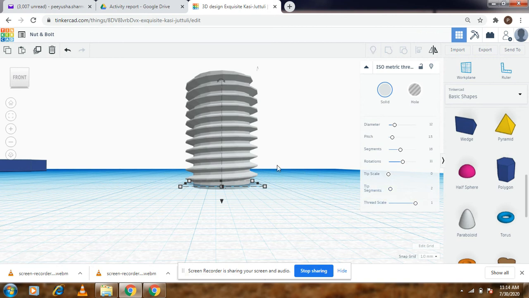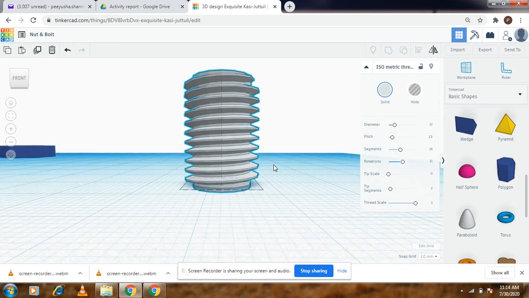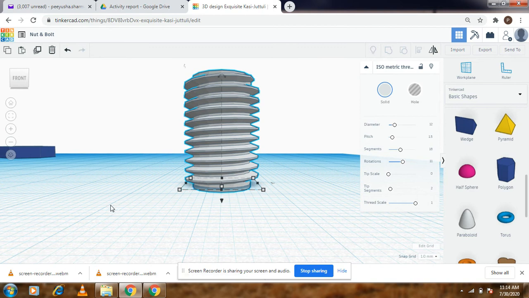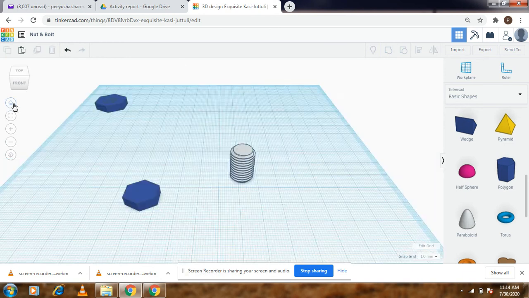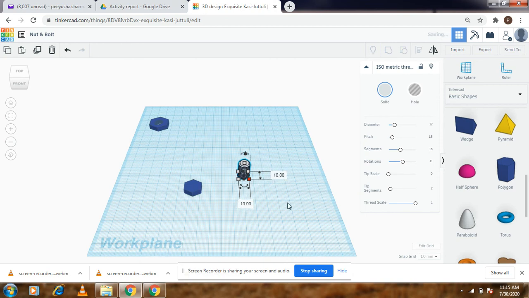And I believe the rest everything is fine. You can rotate it, and it looks exactly like the threaded part of our bolt. So let's have a look at the dimensions of this one, the width of it. So it's right now set to 12, and if we go back to the base of this particular bolt, its dimensions are 15. So we might have to decrease the dimensions of this one a little. Let's say 10 each.